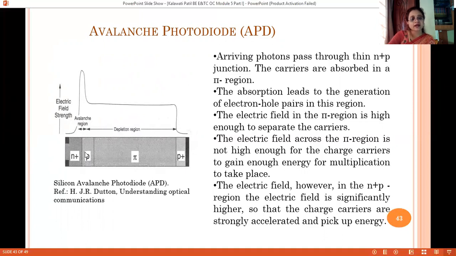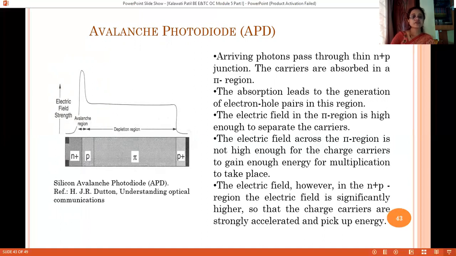But across this region, we observe that the electric field is very high compared to this region. So what happens? The electrons get accelerated and collide with the atoms across this region, ionization takes place, and more electrons are generated. By maintaining the electric field, we can accelerate these electrons further.